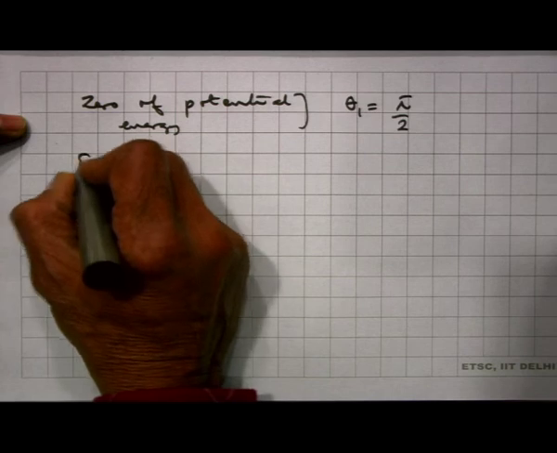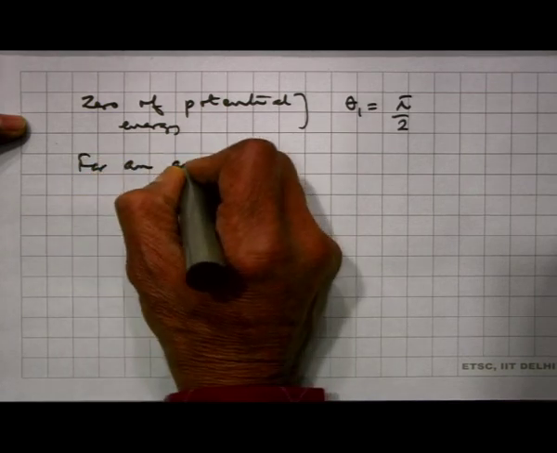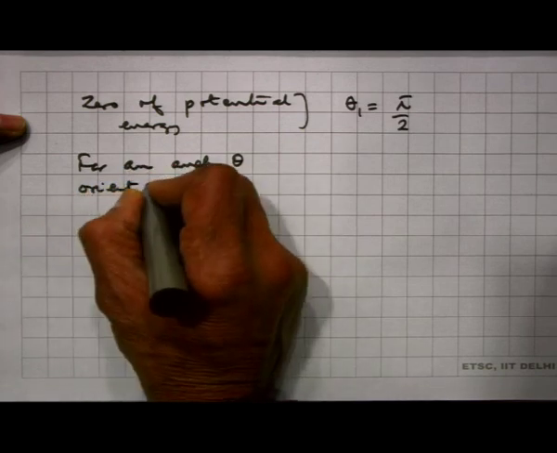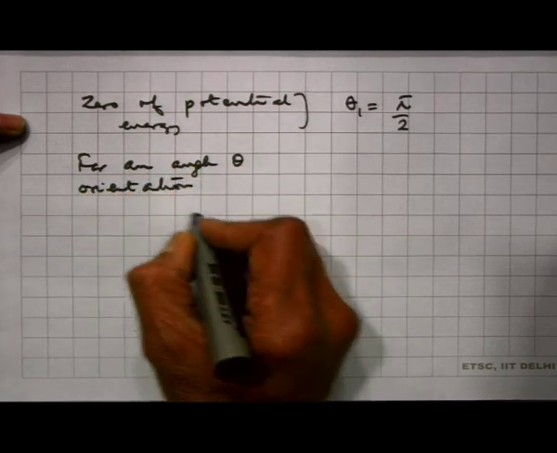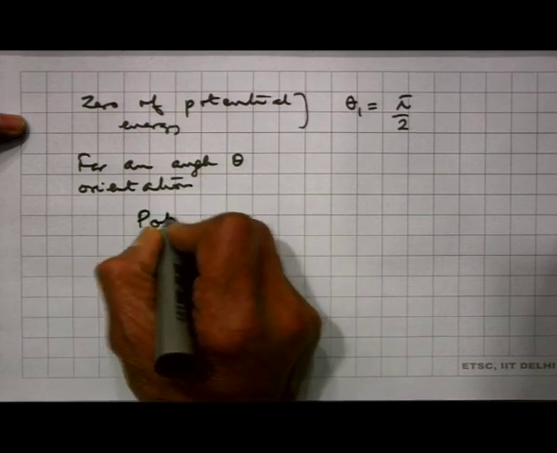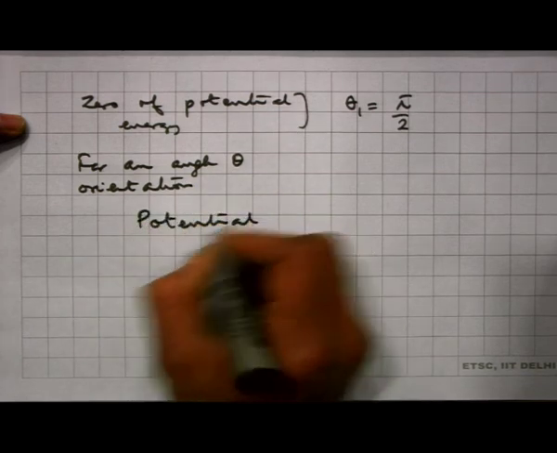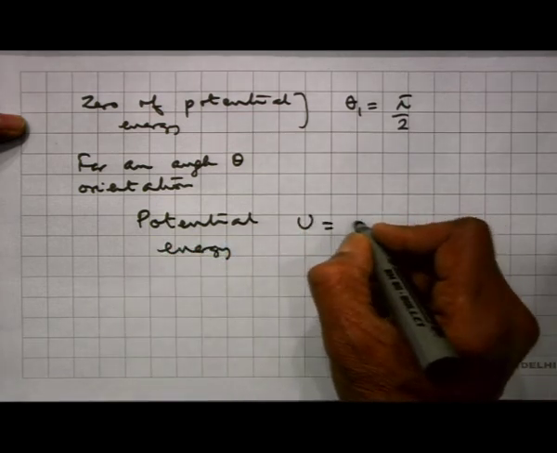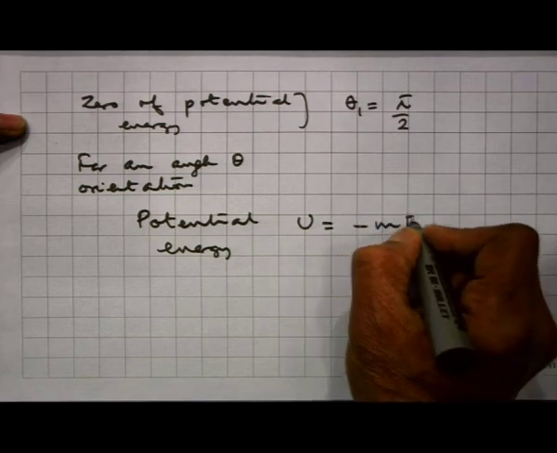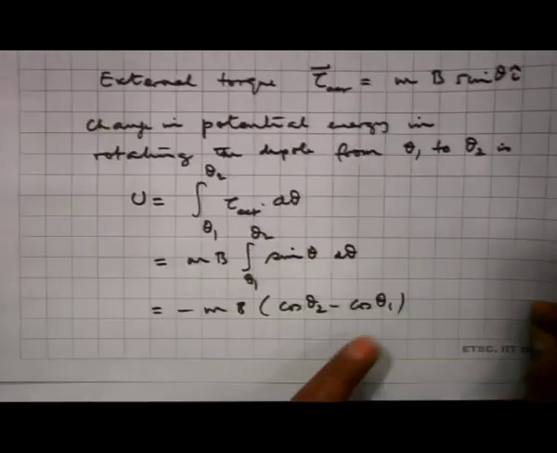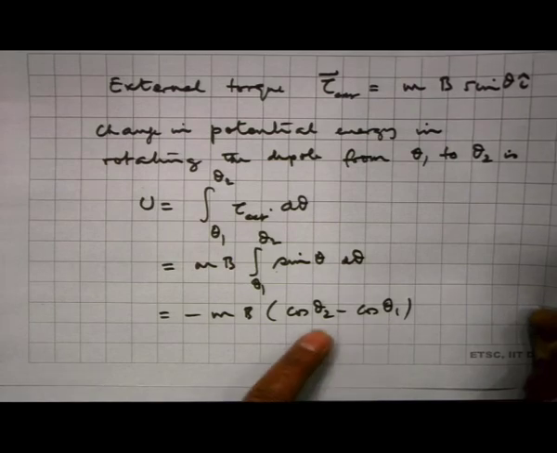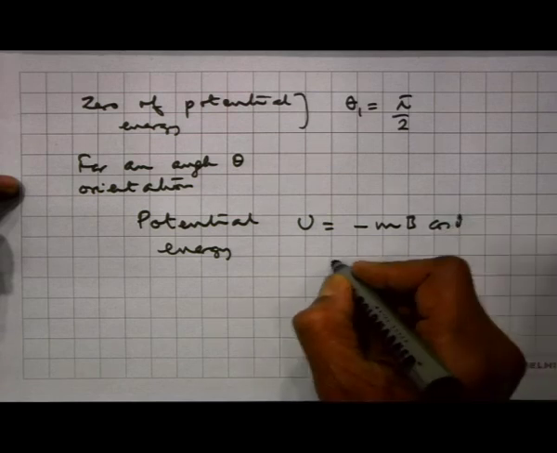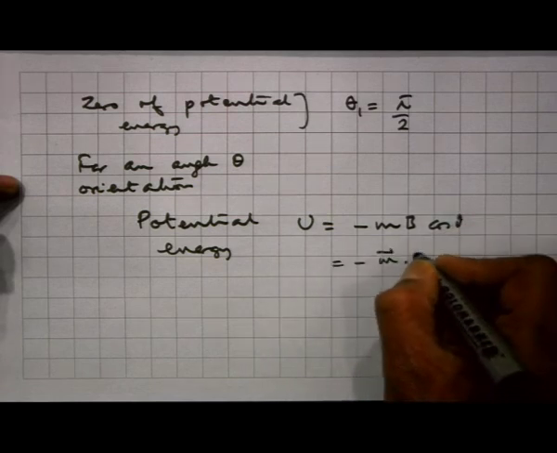So, for an angle theta orientation, the potential energy U is equal to minus m B. So, what I will do is replace theta 1 by pi by 2, cos pi by 2 is 0, and theta 2 by theta. So, I get minus m B cos theta,